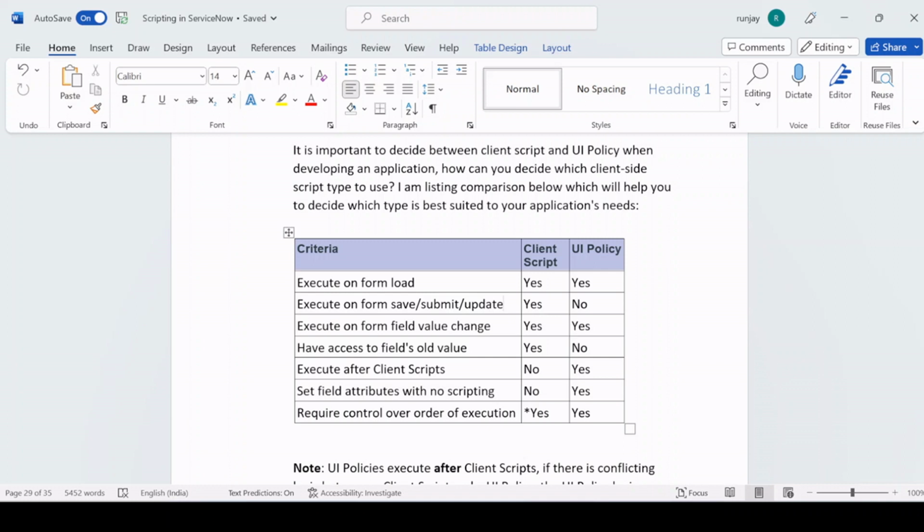So got it? While saving the form, before saving data into the database, you want to perform some operation or some checks. In that case, you can go for the client script. UI policy will not help you in that case. So let's say, while clicking on the submit button, I'm taking an example, you want to make sure that the user has to confirm, like you want to pop up one dialog box, are you sure you want to submit this form, that kind of functionality. Then you can go with the client script. Fine. Now let's talk about the third